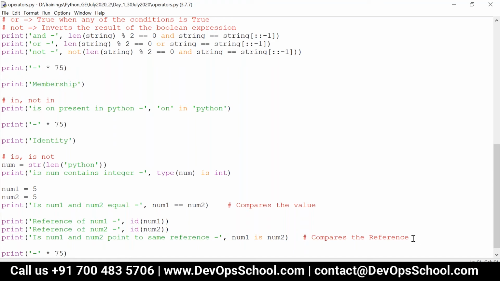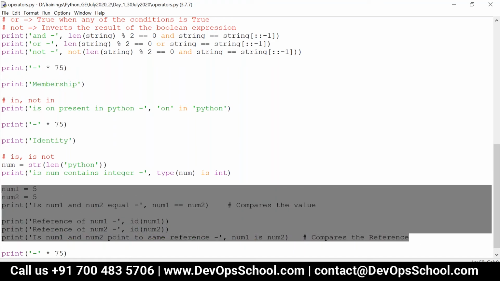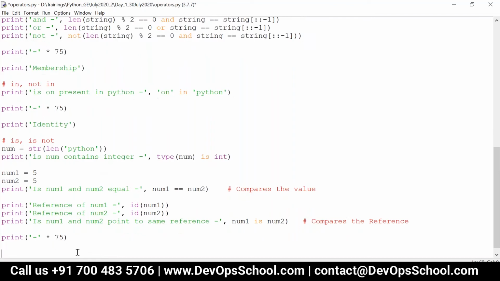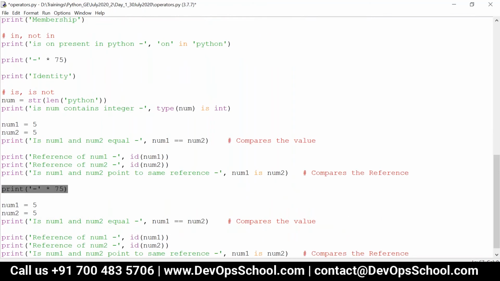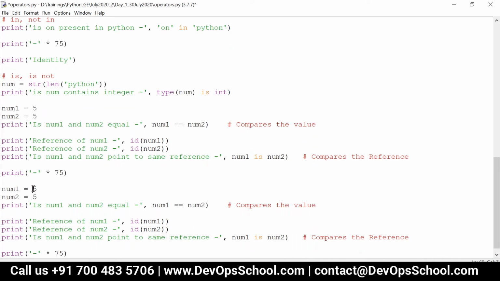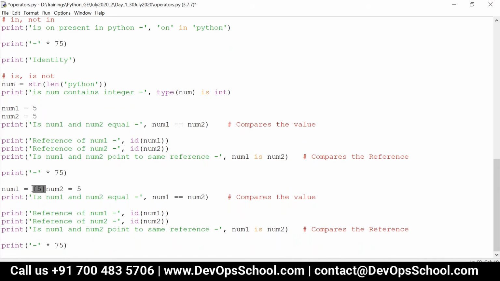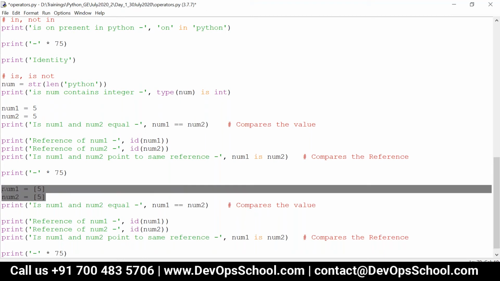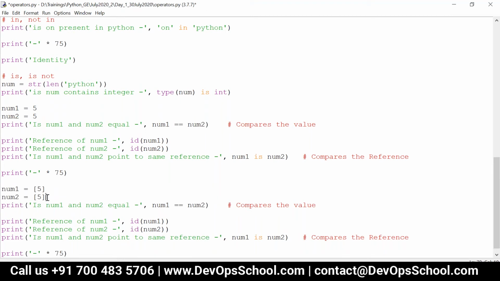Now, for example, consider I am having a list like this, and also over here I am having a list like this. Num1 is equal to list5, num2 is equal to list5.